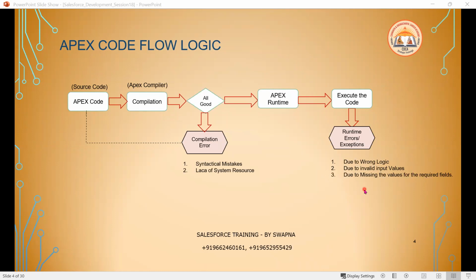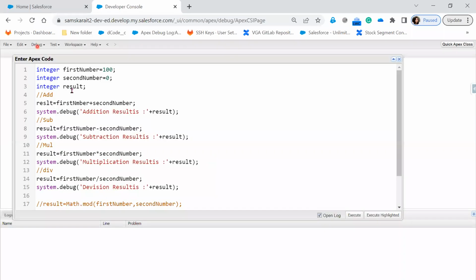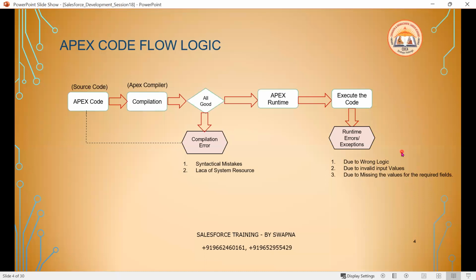And it will give the exception if any wrong logic has been written. Now in our scenario, we have written everything perfectly fine, right? But when I'm executing this, for the second number 0, when I'm executing first number by second number, the logic is incorrect. So due to the wrong logic, you will see the exception error,